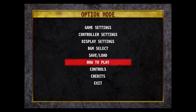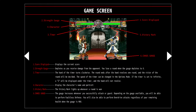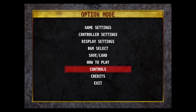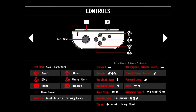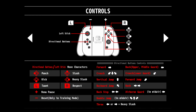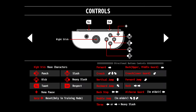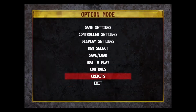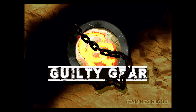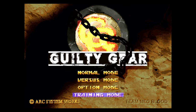Save and load, how to play, so here is basically what you'd get in a normal instruction book telling you what you see on the game screen, and then controls, shows you there the Joy-Cons in the Joy-Con grip. And finally credits, which is high resolution credits from the game. So that's the new stuff basically. Otherwise it's Guilty Gear. So if we just jump straight in,